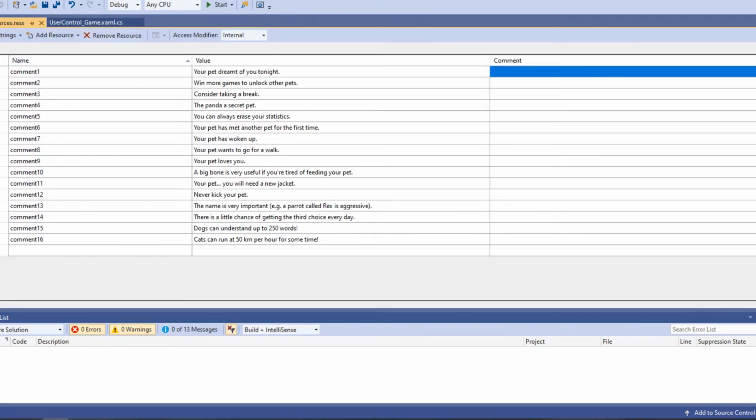The same way you can add images, icons, audio files, miscellaneous files and other stuff to your resources. And moreover, you don't always have to create it from scratch. You can actually add an existing file, for example, for images and icons and audio files. Resources are also used to make multilingual programs, for example, in English and German.